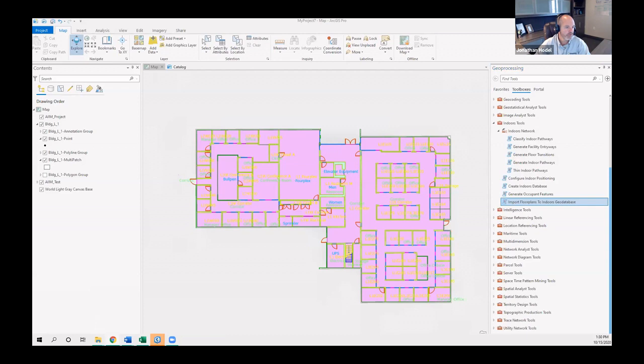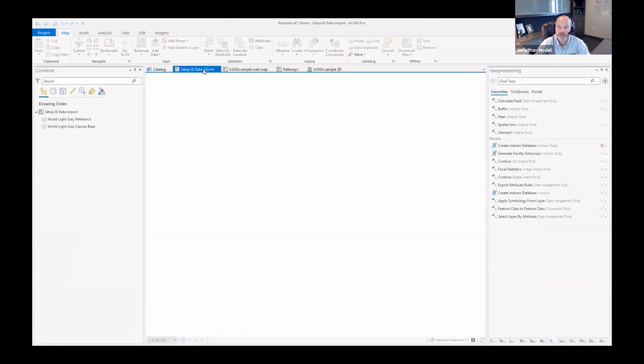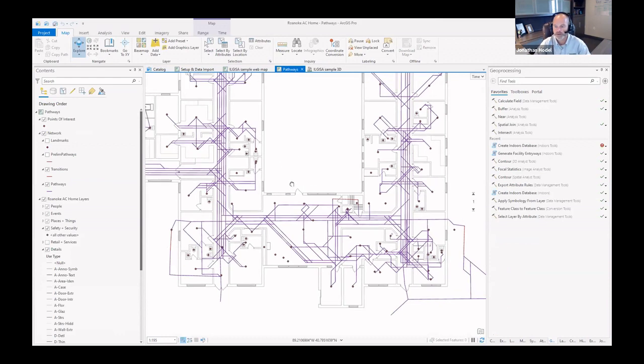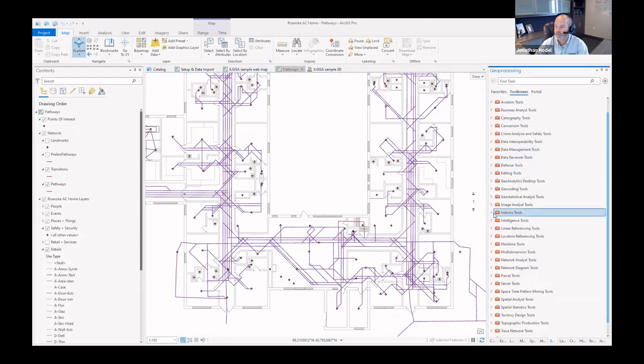Okay, so now if we jump over to this other project here, let me pull this into my screen. This is one we've been working on currently. This is a local nursing home, and essentially what we had to do was generate the pathways. These would be walking paths that you see here that are generated using the indoors tools. So the steps are basically, and I think we saw this in the toolbox,